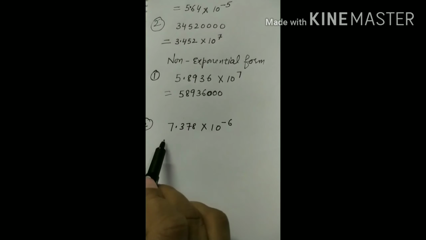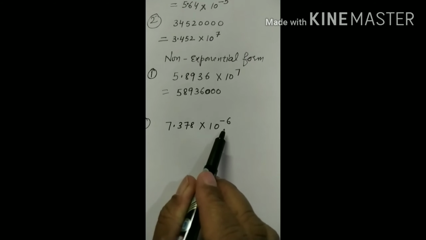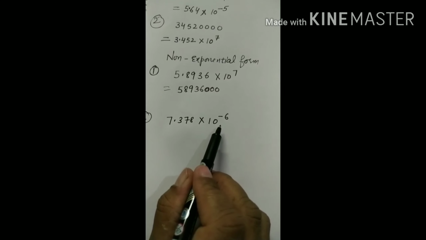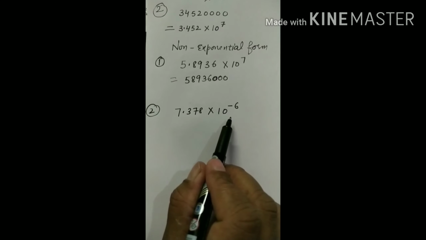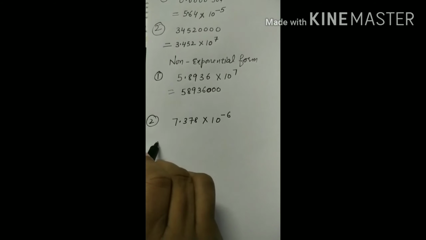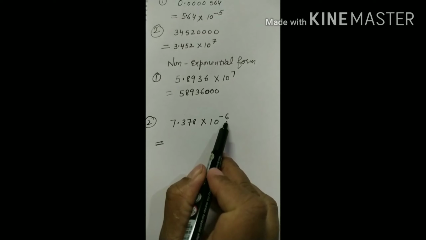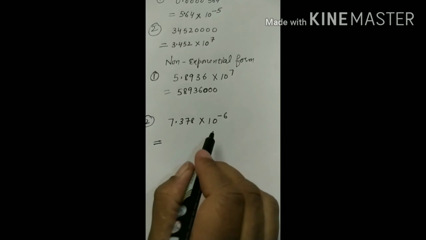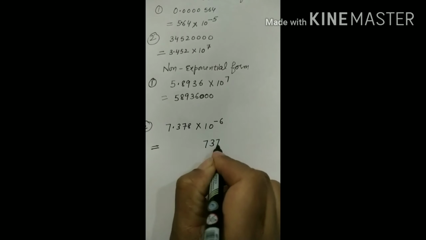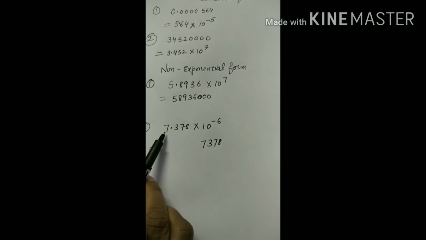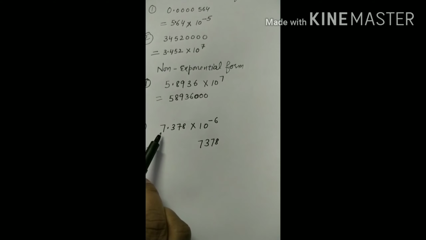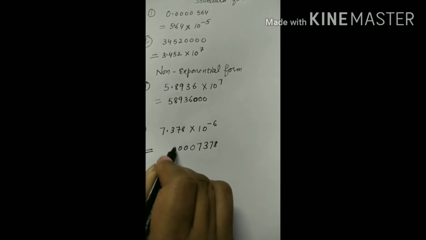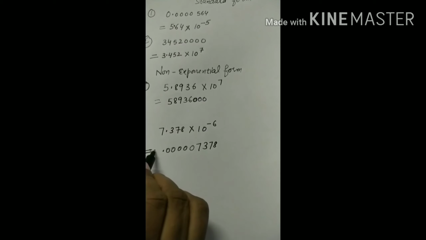And the next example is if they have given you a negative power. If they have given you a negative power, then you will shift the decimal to the left side, and you will add the zeros on the left side. So firstly you will count how many places you will shift the decimal. We will shift the decimal 6 places to the left side. So firstly we will write this number. Now there is one digit, 7. So we want 5 more digits, so we will add 5 more zeros here. And then we will put the decimal and 1 0.